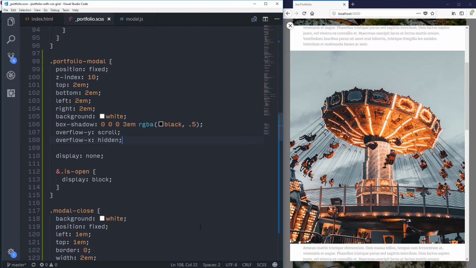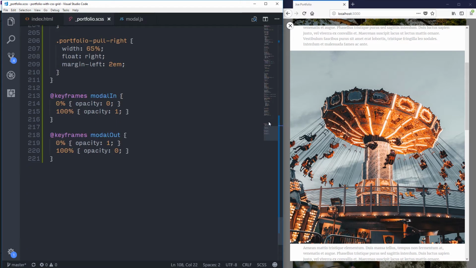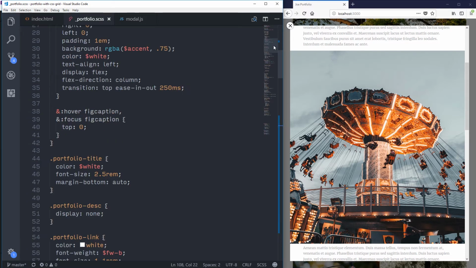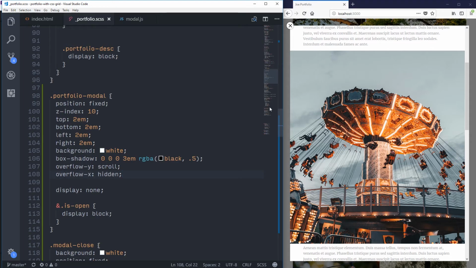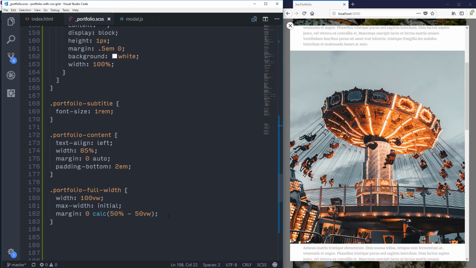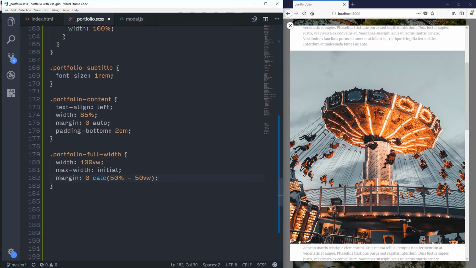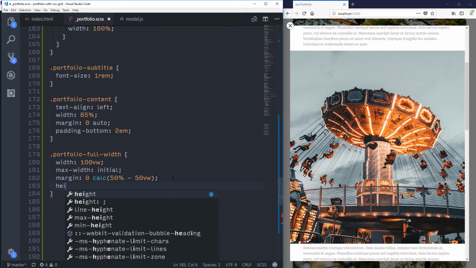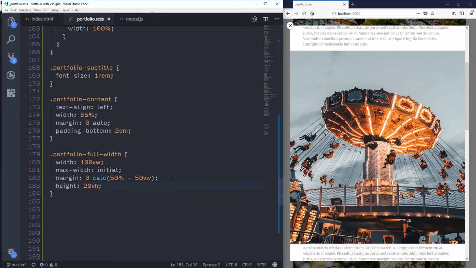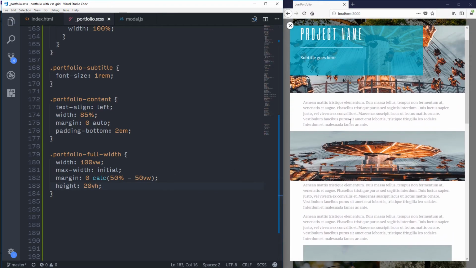Now the only problem we have left is that this is way too tall, obviously. So we can go and fix that up here on my portfolio width, or after my margin on my full width, we can add in a height. So I'm going to add a height of 20 VH, so it's going to adapt to the screen. Now obviously this doesn't look so good. We don't want to smush our image, but we can use the awesome object fit